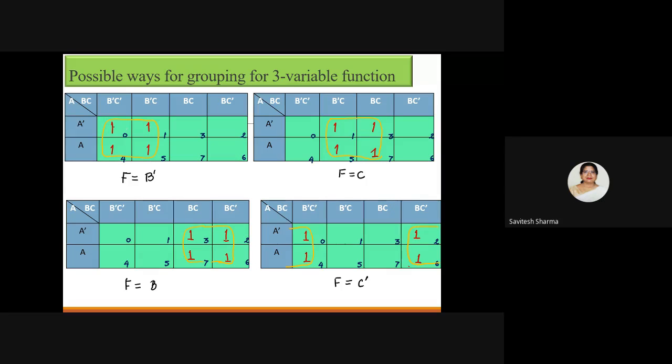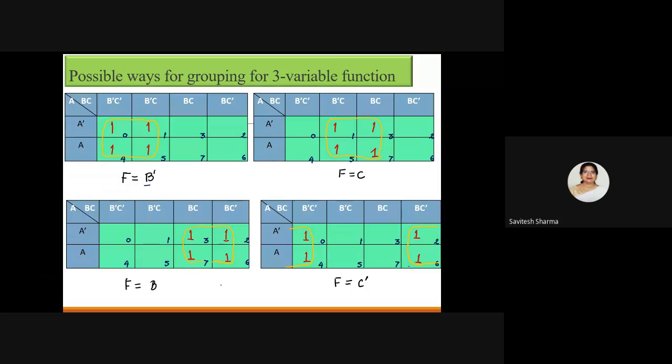How is it a quad? Because I am grouping four 1s here, and now I am writing the expression. For this quad, your A is changing, so you will not write A. In BC, B complement is common and C is changing, so you will again remove C and write only B complement. So previously, what you noted is that if I am doing pairing,